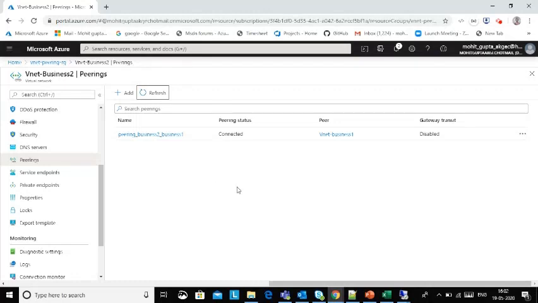Okay, so now let's test again whether we are able to connect to the VM or not.